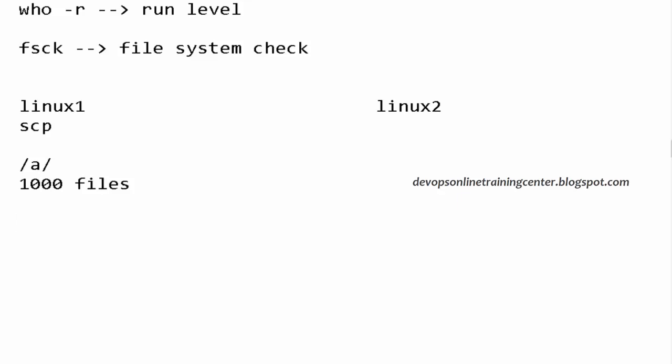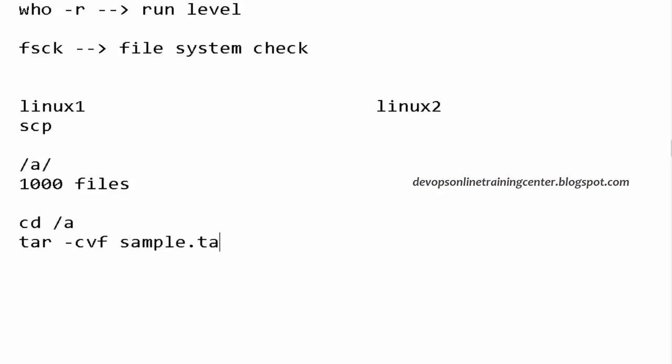So we simply do something like this, right? Let us say I go to the directory /a and there are 1,000 files. tar -cvf, C for create, V for verbose, F for file. So this will create one file out of the 1,000 files.